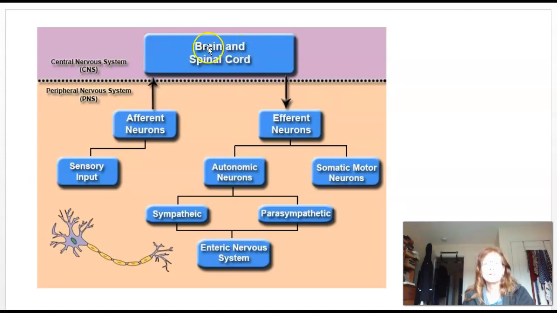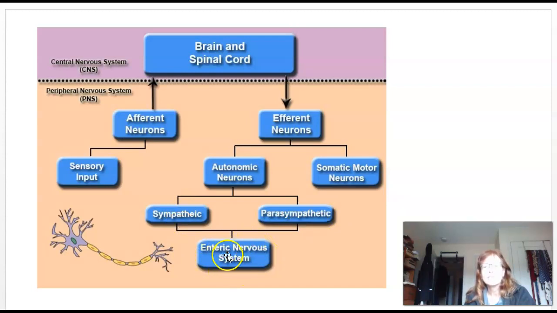So we know the brain and the spinal cord are the central, and they're sending information from the brain and spinal cord to different neurons in the body. So this is efferent, meaning it's going away from the brain, and it's going to these different neurons of either the autonomic nervous system, including sympathetic and parasympathetic, or to the somatic. And somatic is the ones that are associated with muscles, so movement, or neurons that are involved with that type of thing. And then we have the enteric down here,